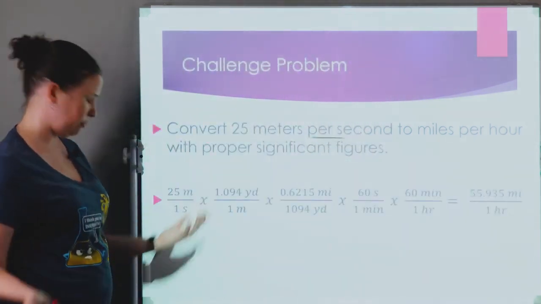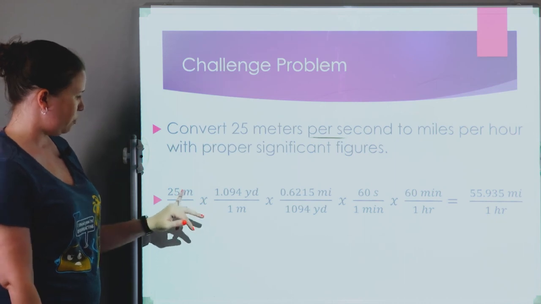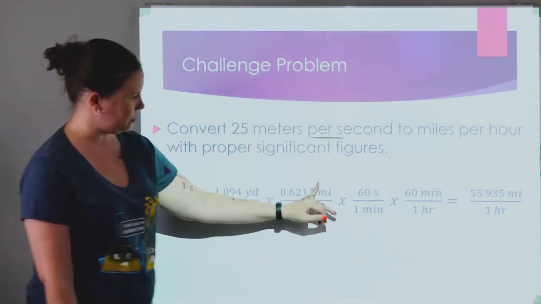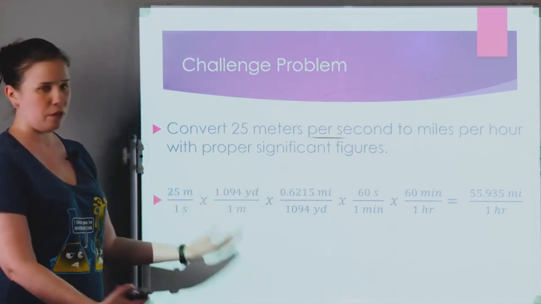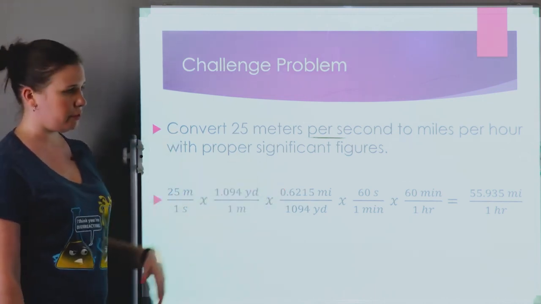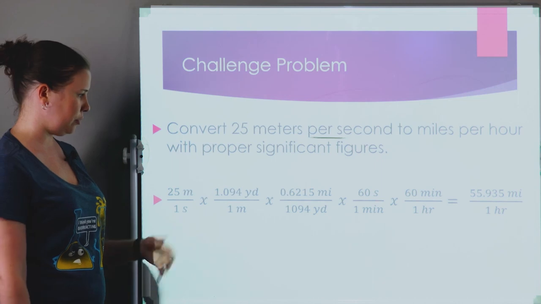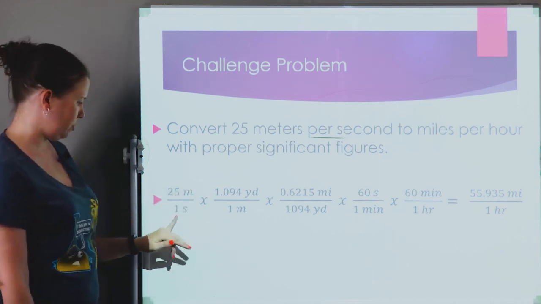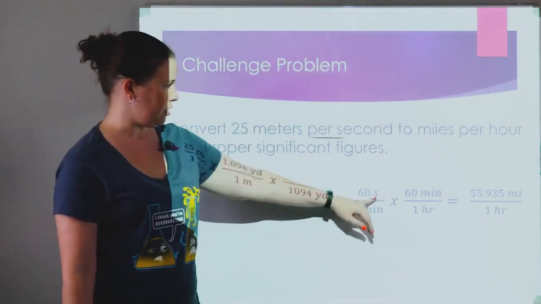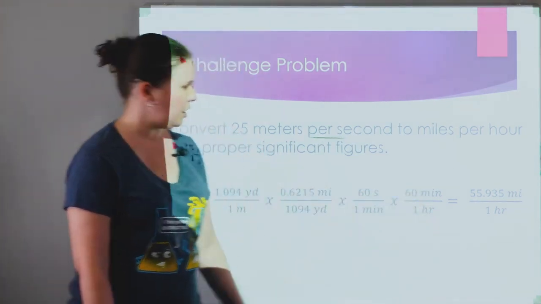So, of course, they use a different conversion. So meters on the bottom, yards on the bottom, leaving us in miles. So slightly different equivalencies. The way that I had set it up would work too if I just knew my mile to kilometer conversion. Seconds, notice, looks the same up here, minutes to minutes,